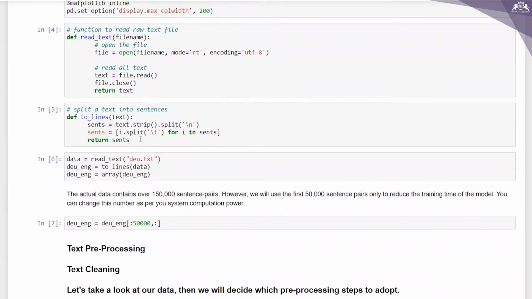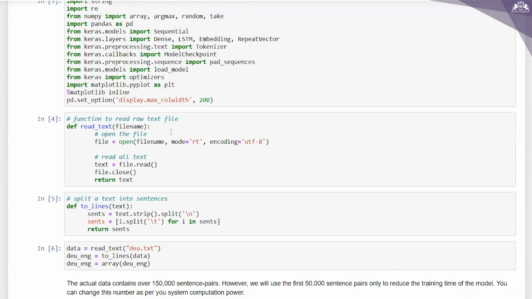What is the next step? We have to read the data into our IDE, right? This is basically a text file of English to German sentence pairs. First we will read the file using a function defined below. I'm using this code for the function to read the raw text file.